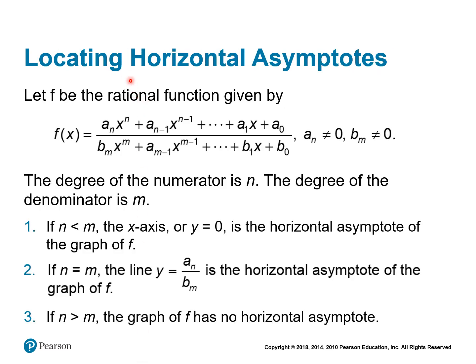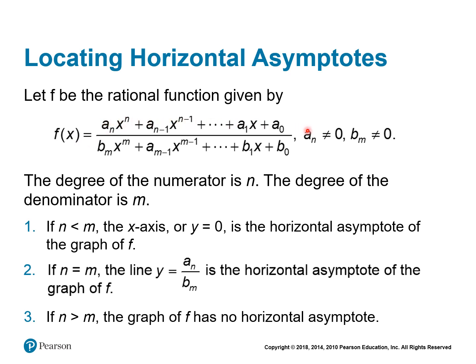We are now going to learn how to locate the horizontal asymptotes of a rational function. The process is different from that of finding the vertical asymptotes. It follows some rules. So we'll go through what the rules are first and then apply them on an example. So it says here, let f be the rational function given by